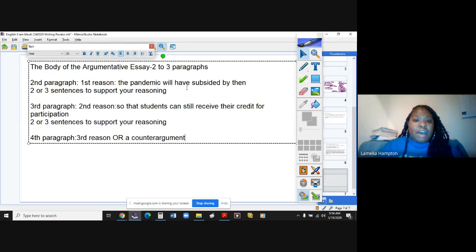But please be mindful, if you are not familiar with a counter argument, or if you don't know what a counter argument is, just stick to what you know. Now, if you're interested in a counter argument, they have a plethora of resources that you can look up, so that way you can see how the counter argument goes into an argumentative essay. And I strongly encourage that you look those things up if you are interested in that.